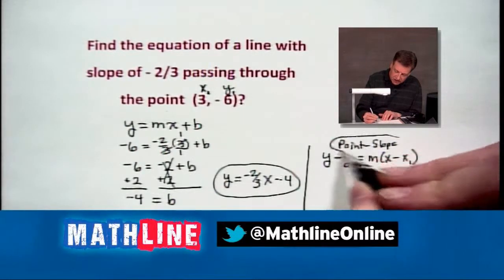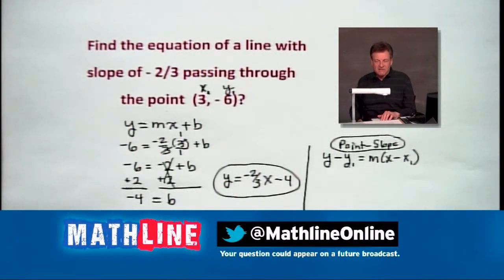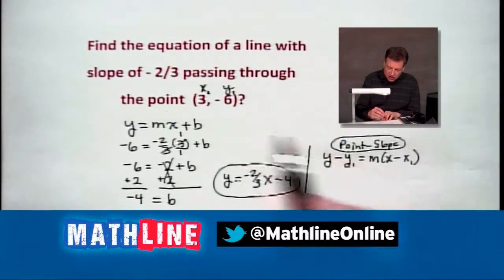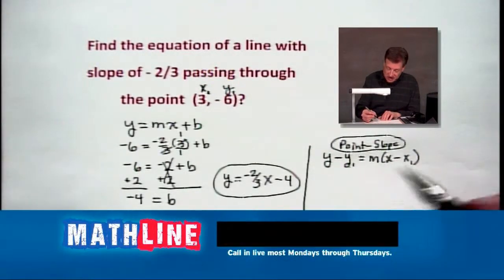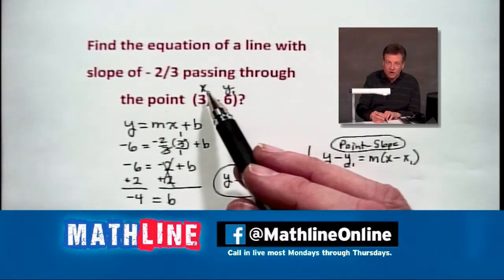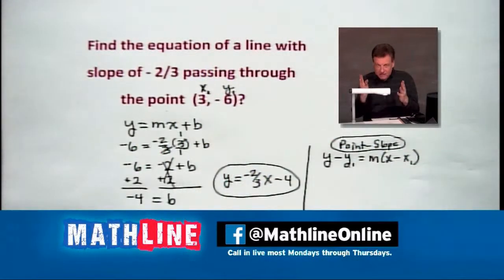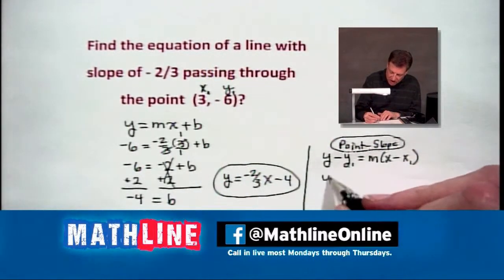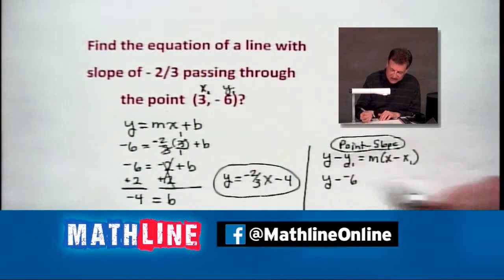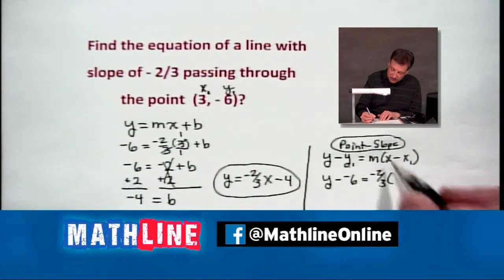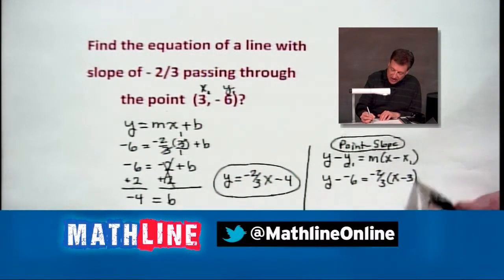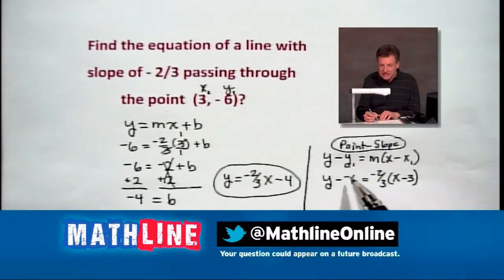form, all right? And you'll see that on pretty much your state test, whatever that formula is given to you, as well as this one, all right? Let's see what it's going to do. We're going to take these points that we started with. Remember, y is with y, okay? Don't get the x and y mixed up. It's always an ordered pair. Ordered means x comes before y, and there's two of them, all right? So let's go with it. We've got y minus a negative 6, you got it, equaling negative 2/3, and we've got x, looks like minus 3 on that one. And keep in mind, I put that minus a negative 6 there because that's what it is.